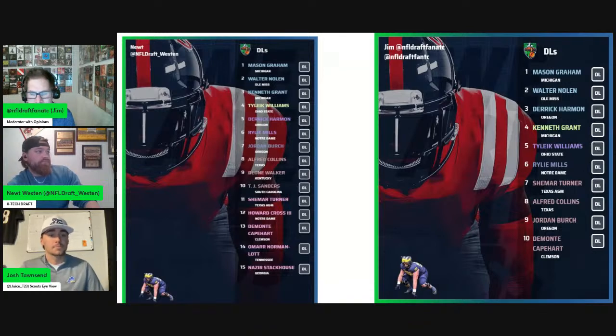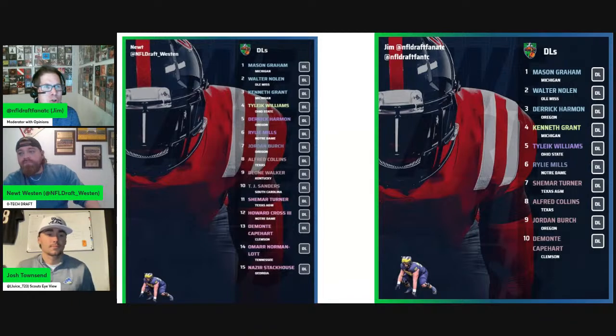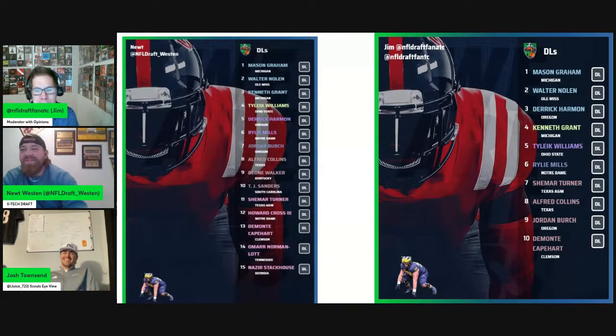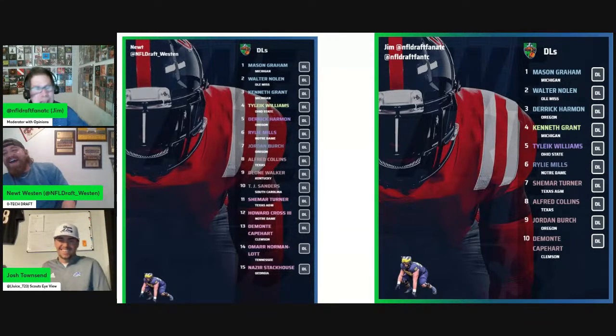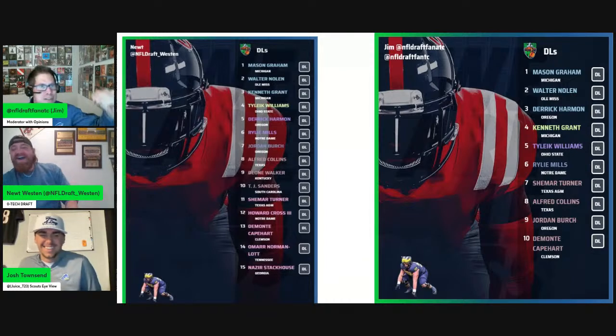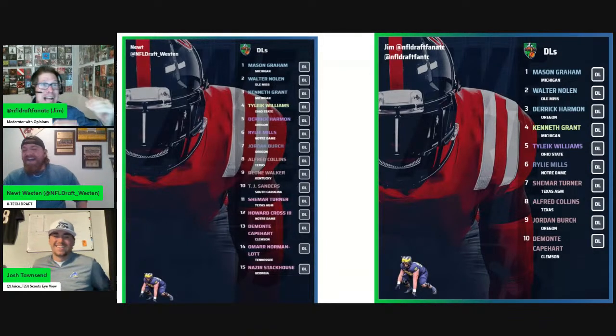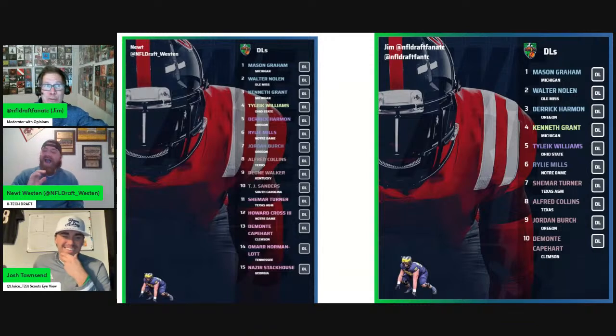Okay. Hey, Newt, can you talk a little bit about Alfred Collins and TJ Sanders, who you have higher, and why? You really not going to let me talk about Rylie Mills? That's just cold, man. No, we'll pivot back. Okay, and throw Rylie Mills into that group of 3. No, he's your guy. I got to let you. You're right. I didn't give you that chance to do the rebuttal.